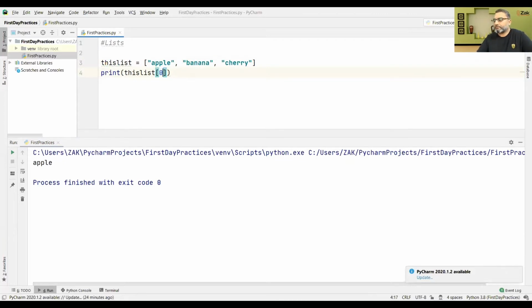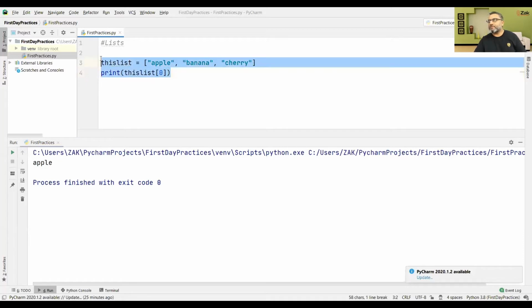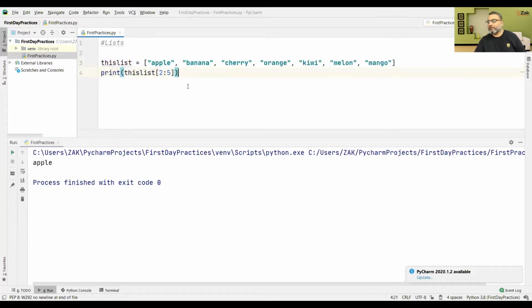0, and the range is always, now this is very important. So if we like to go with range, we will be using colons. Okay, so let's change the list. Let's increase the size of the list. Hold on. And use range. See, now I have increased the size of the list by adding orange, kiwi, melon, and mango, and